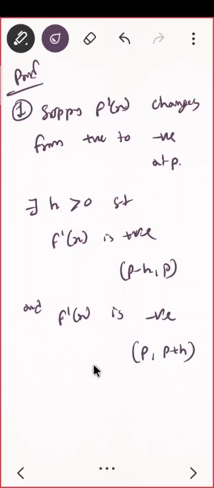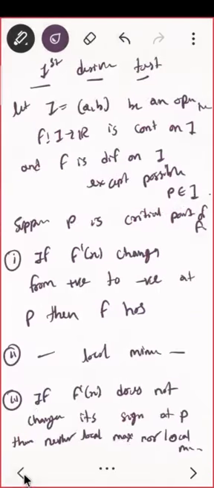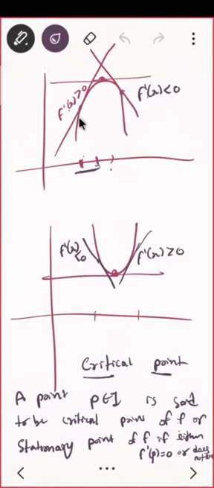What do you mean by that? Derivative positive means the function is increasing on the interval, so I don't care. So can I say f is increasing in this and f is decreasing in this? Can I say that? And it is quite clear from the graph also. If you go back, you can see it increases from here to here, then it is decreasing.